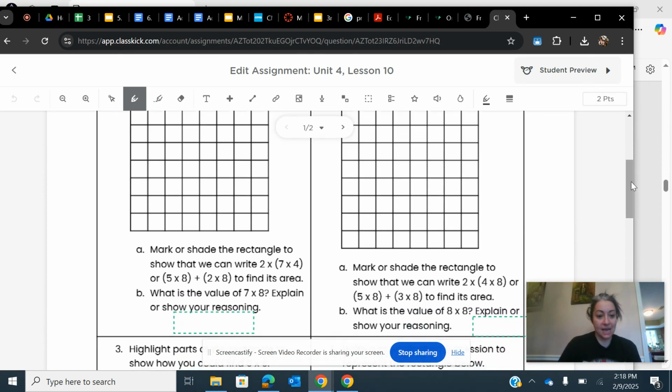So it says, mark or shade the rectangle to show that we can write 7 times 8 as 5 times 8 plus 2 times 8,